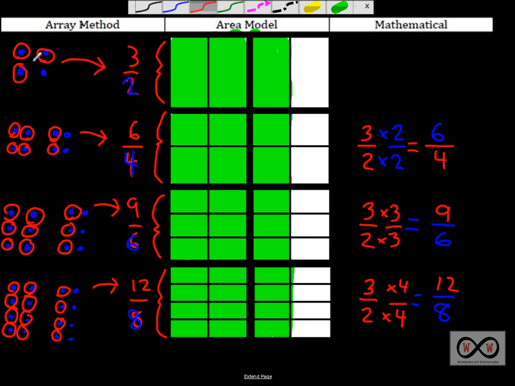Isn't that pretty cool? We've got one whole group, half of another, a whole and half of another, a whole and half of another, one whole and one half of another. So these are all equivalent to 1.5. So they are all equivalent fractions. Now you can stop the video if you'd like, and I'm just going to do a little additional work again